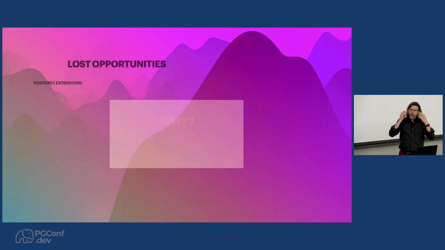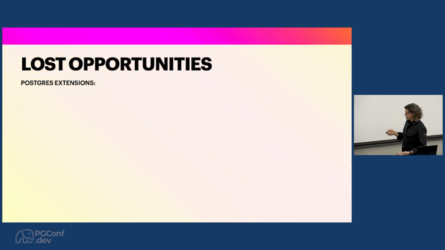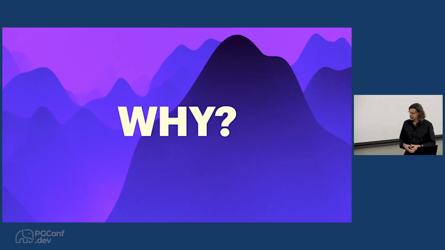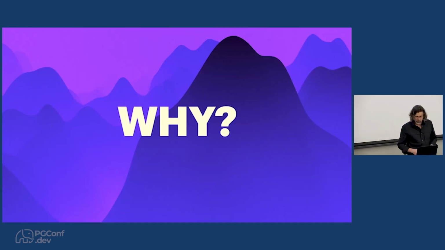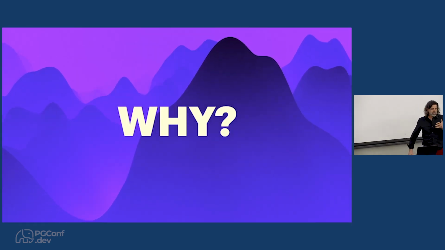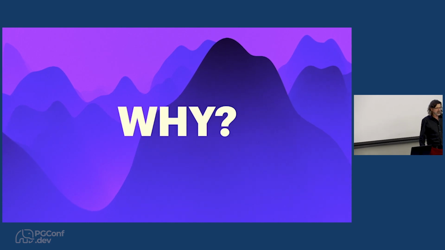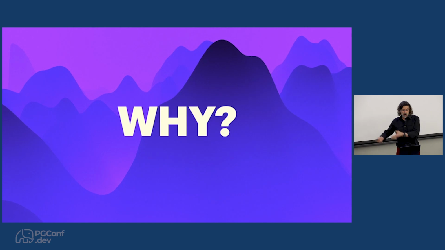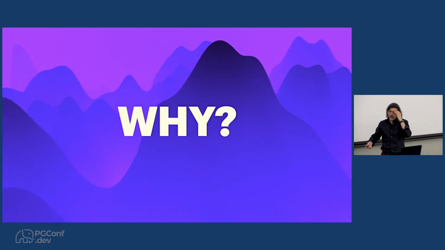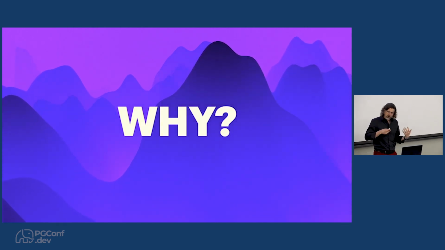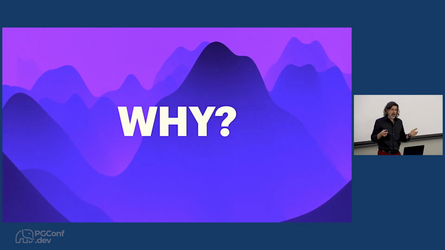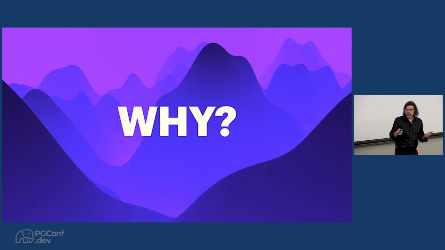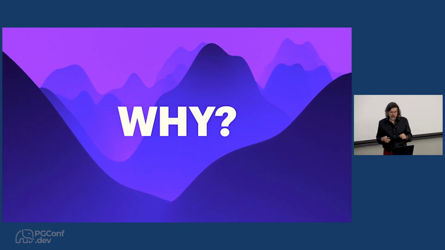So we got to thinking, why is the uptake for some of these other projects so enormous? Granted, some of them had a head start, but Rust didn't, and Go also has a huge number of packages, and they weren't even around then. While PGXN has sat with, at best, 400 extensions, and even in the overall Postgres community, there are maybe 1,200. This is a tiny fraction of what others do.